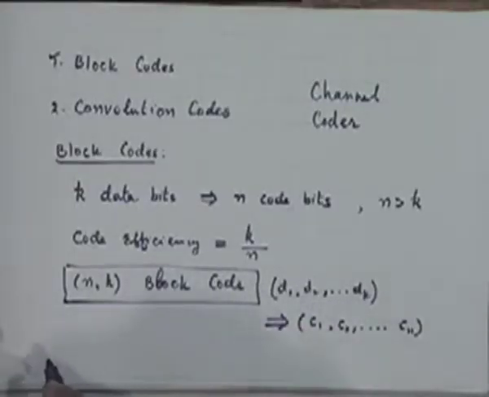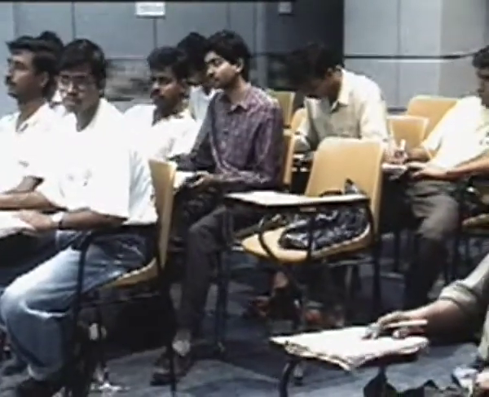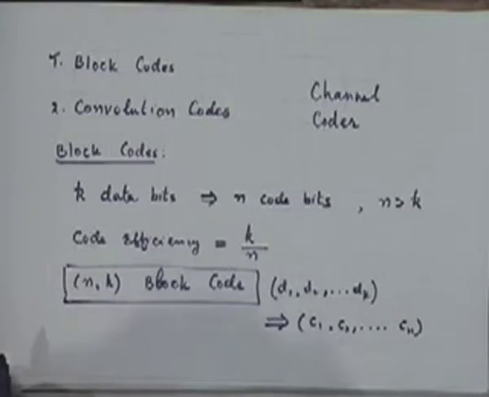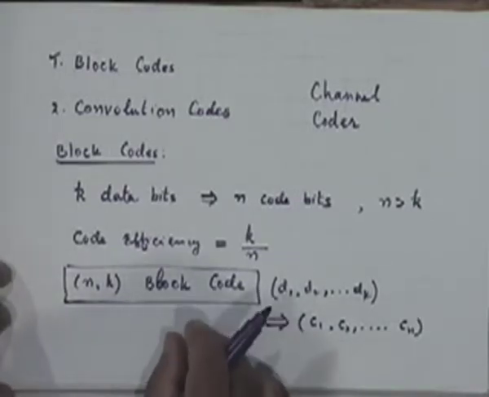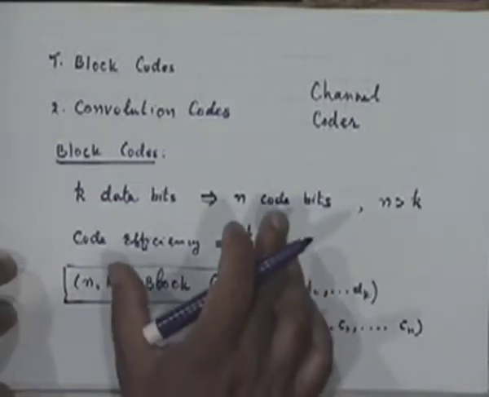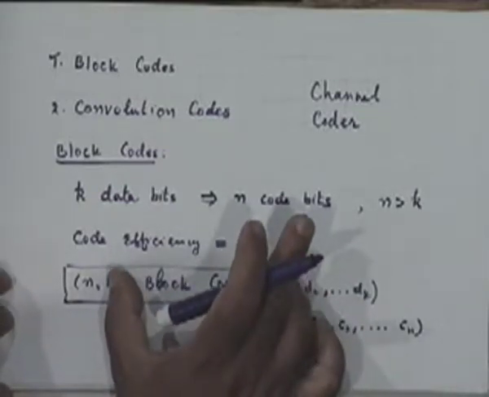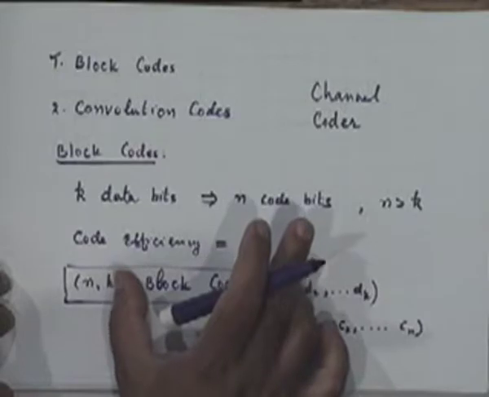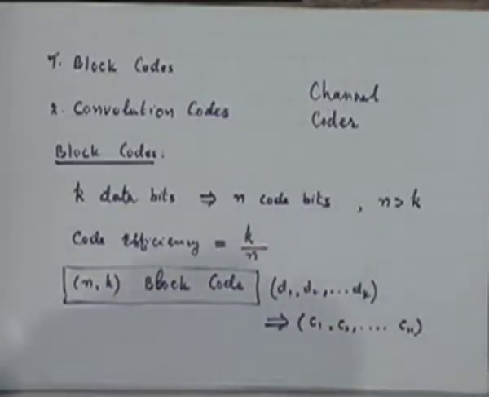Isn't channel efficiency the same as code efficiency, the same as channel capacity? No, code efficiency is not the same as channel capacity. So code efficiency will have to be less than channel capacity, right? But it is an attribute of the code. It's an attribute of the encoder that you are designing, but its design requires that you keep the channel capacity in mind while you are designing.